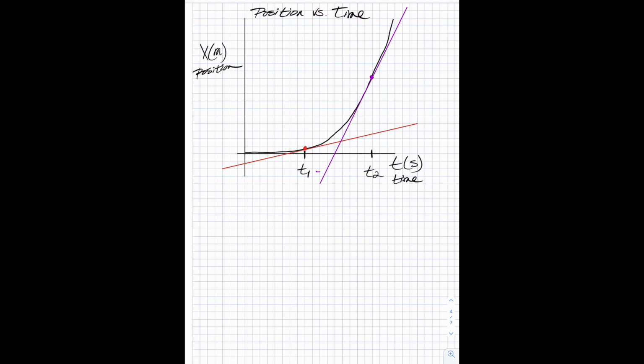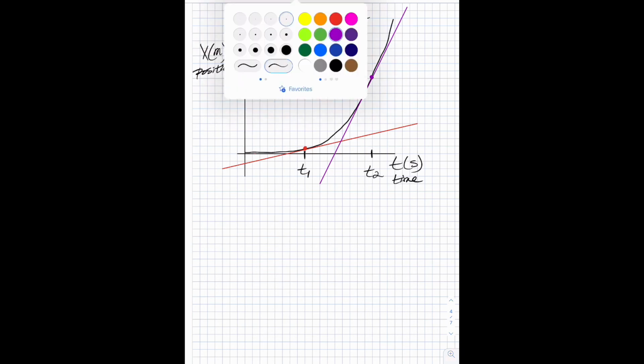But the idea is like the red line. The red line is so perfect. I mean, it looks like it might hit multiple times. It hits that black curve, but you get the idea, right? It's only supposed to touch it at one point, and that's it. And furthermore, you see that these are instantaneous velocities. These slopes are different based on